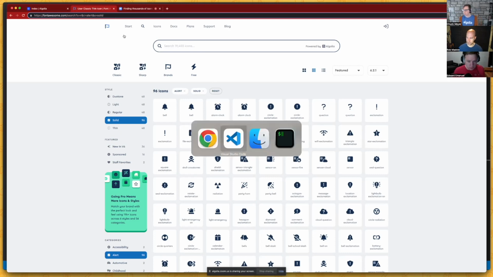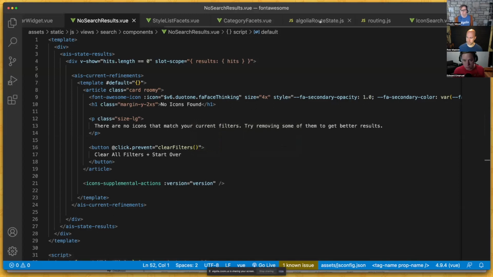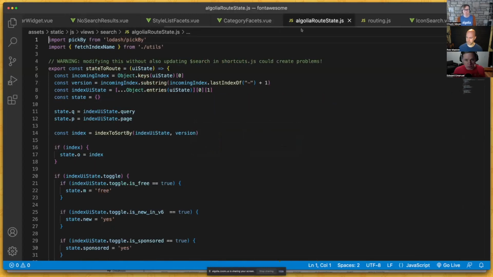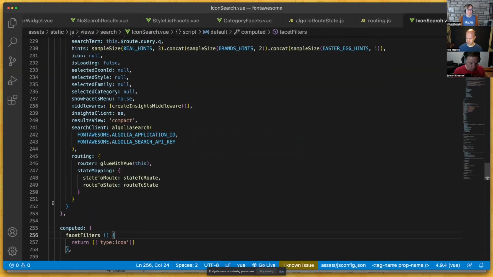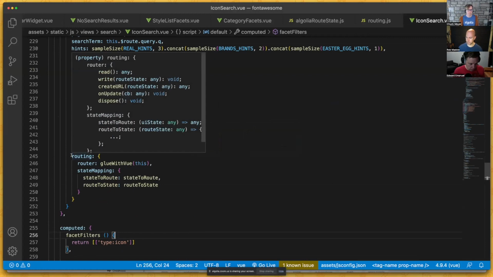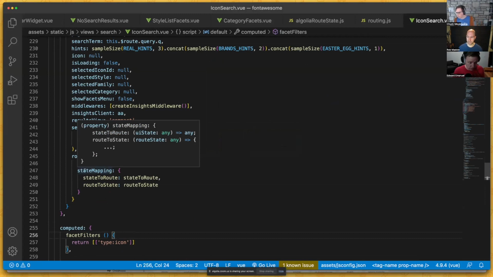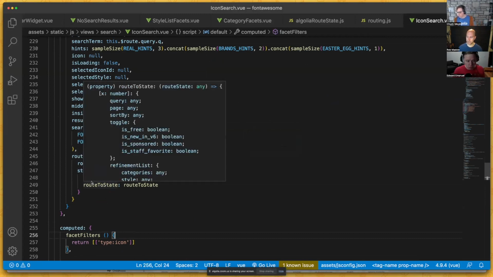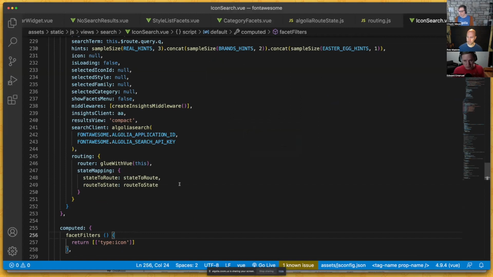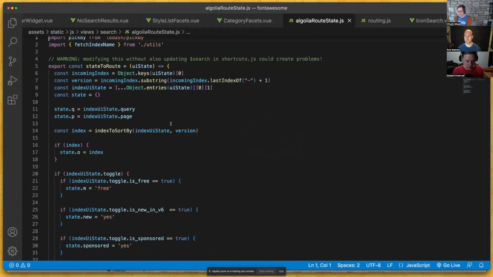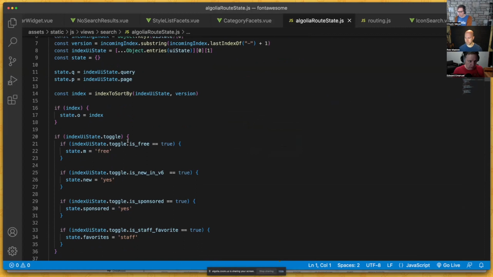So we ended up using, so the Algolia, actually, let's look here real quick. As part of setting up the Algolia components, you can pass in some stuff to the routing. And there's this concept of the state mapping, so that you tell the Algolia components what you're calling those query string values. And because, like I said, we like those things to be clean, we have this whole file that